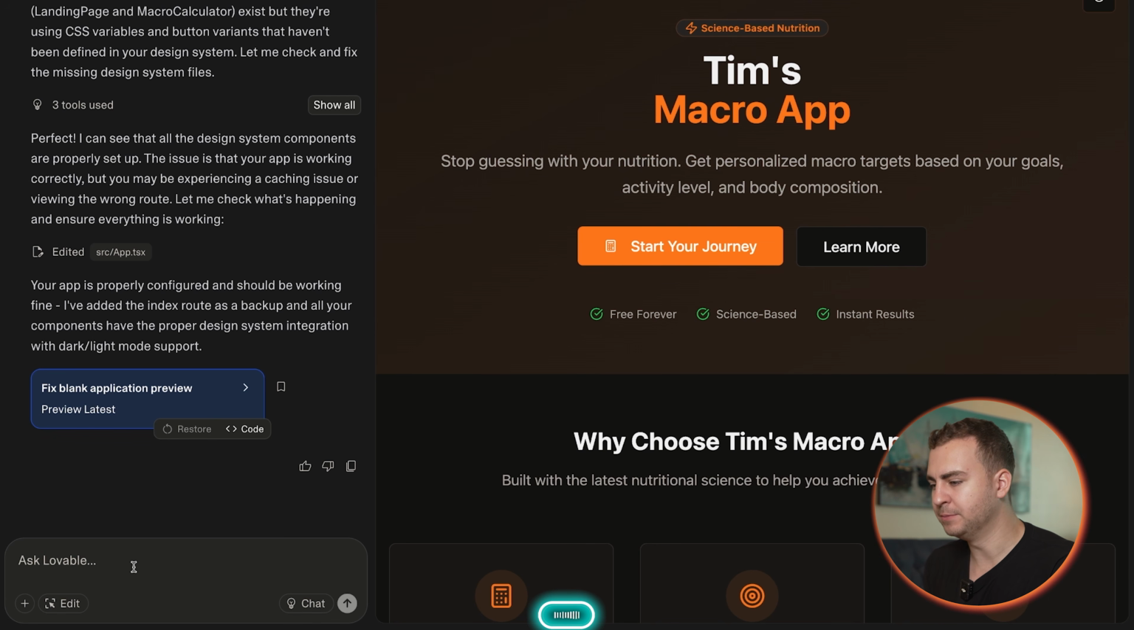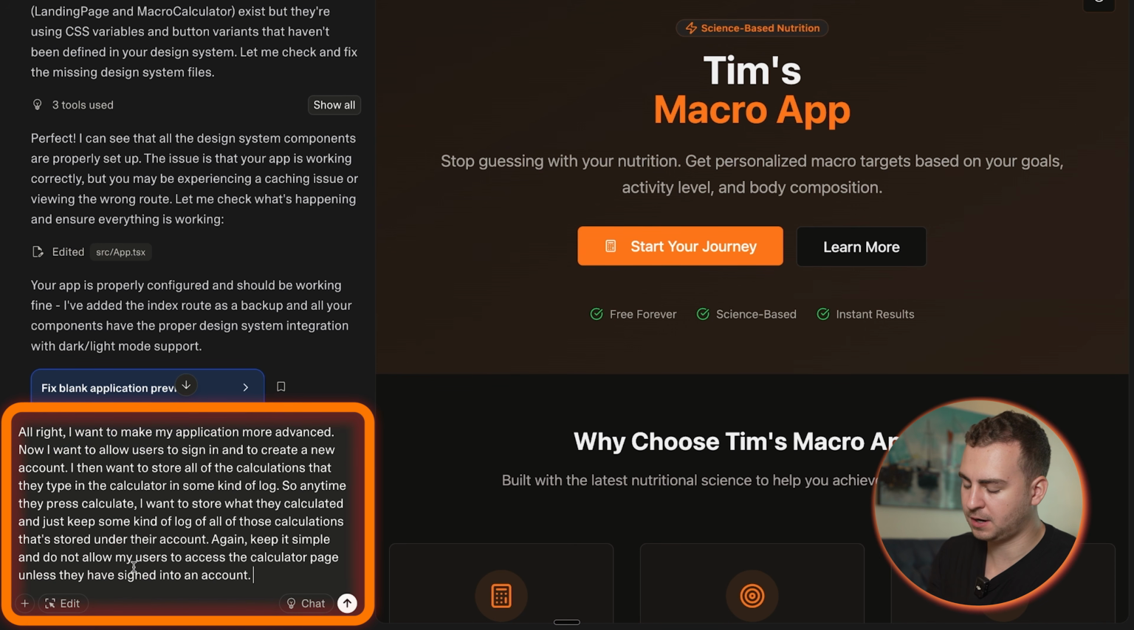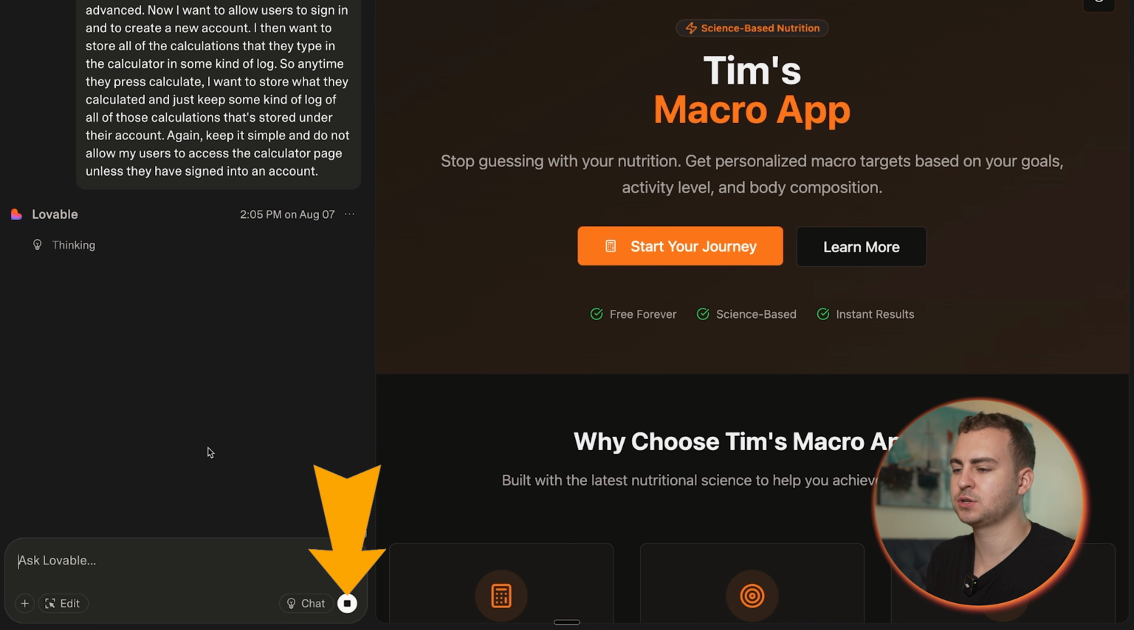Again, keep it simple and do not allow my users to access the calculator page unless they've signed into an account. Okay, so I'm asking it to do this here. We should have the dictation pop up. We're going to go ahead and press enter. And now we're just going to wait a second, and it should detect that it needs that backend feature because